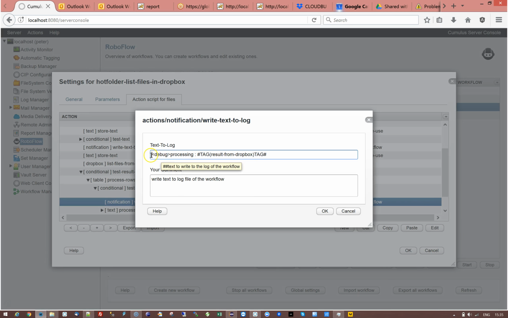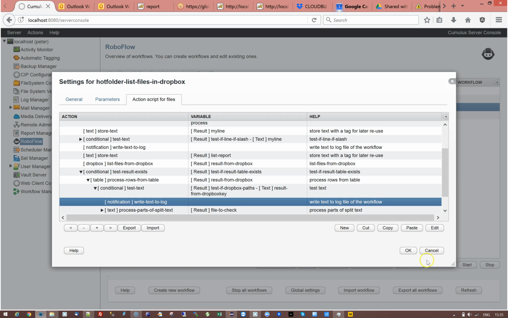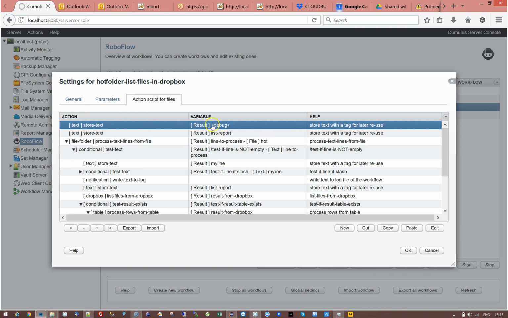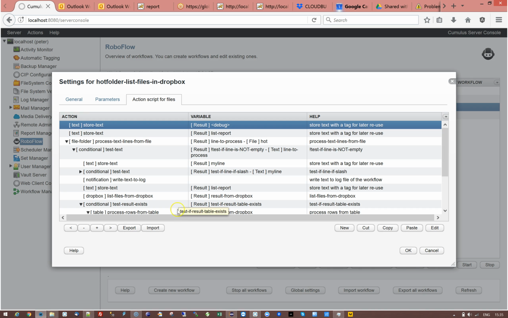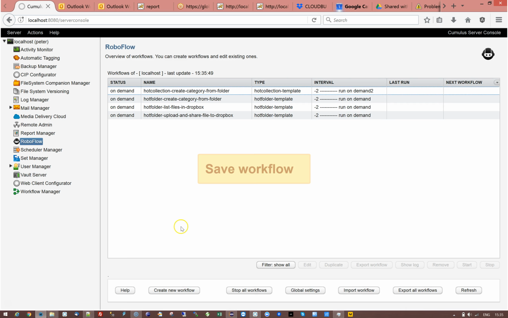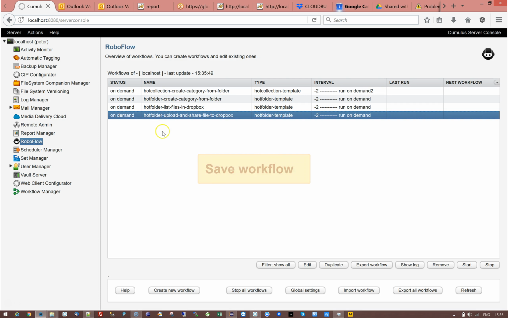Here, this tag is prefixed with that debug tag. And then if Roboflow sees that tag, it first checks whether it finds a variable with that name, and if that variable is set to true. If it's set to true, it will output it. In this case, it will not. So if I now go to start